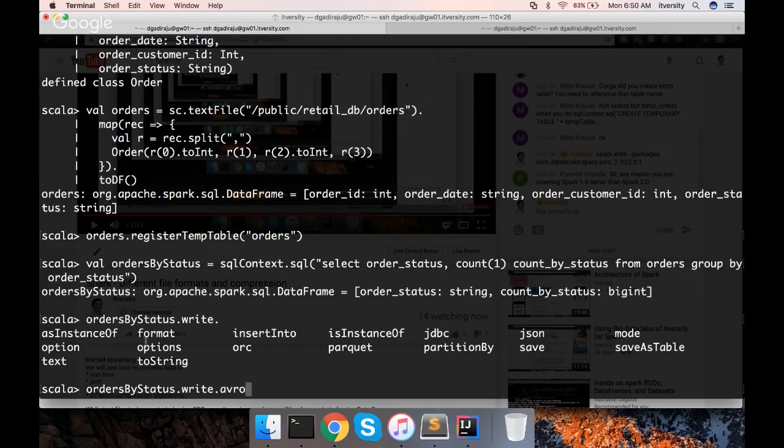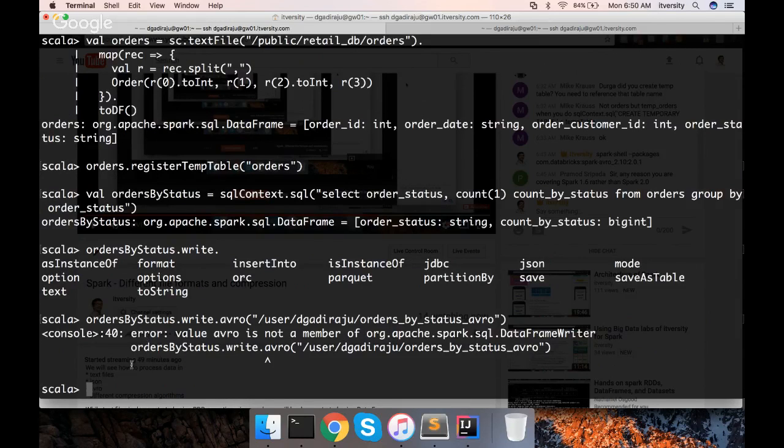And now I am giving the path as slash user slash dgajraju slash orders by status avro. Okay. It worked earlier. I don't know why it is not working now.